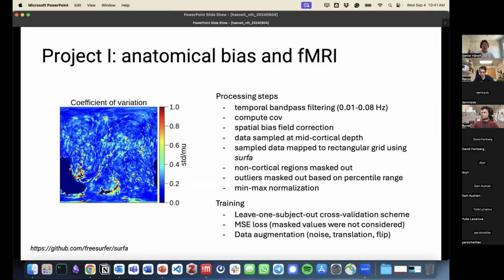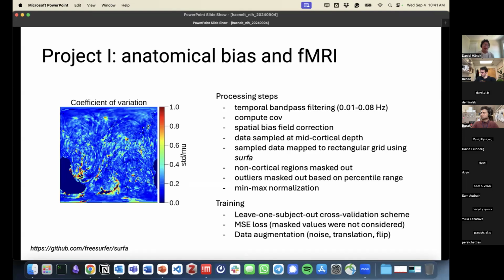And since we mapped the whole surface from one hemisphere, we also have these non-cortical regions from the midline, which we had to take care of during model training and inference. We have those data for all 8 subjects, and we trained our U-Net using a leave-one-subject-out cross-validation scheme. In our loss function we acknowledge the non-cortical areas by not considering them in the computation of the loss, and we use some data augmentation